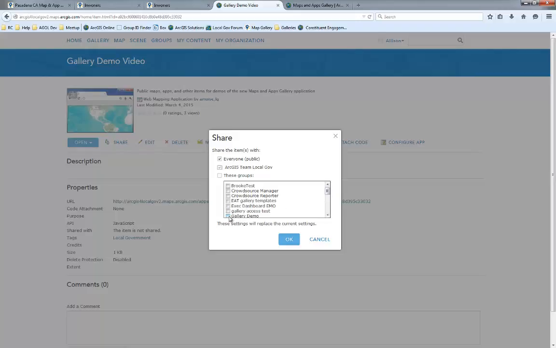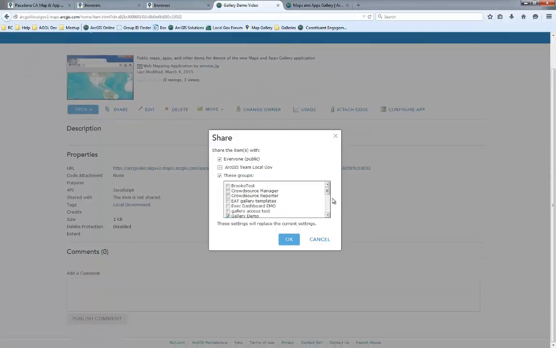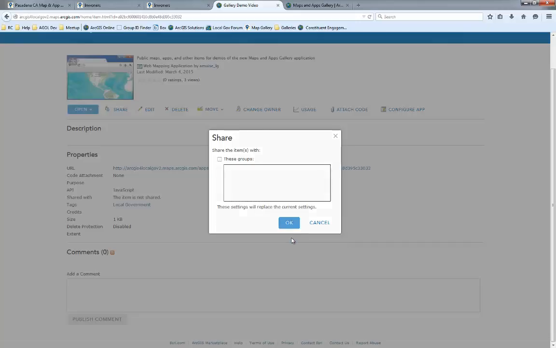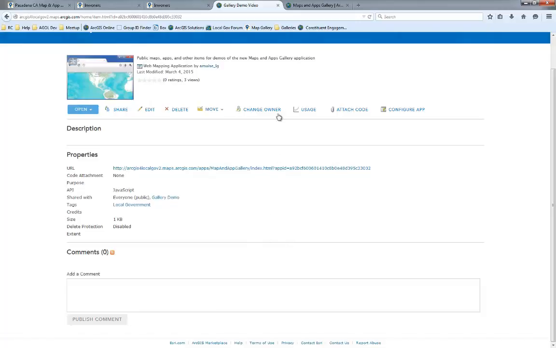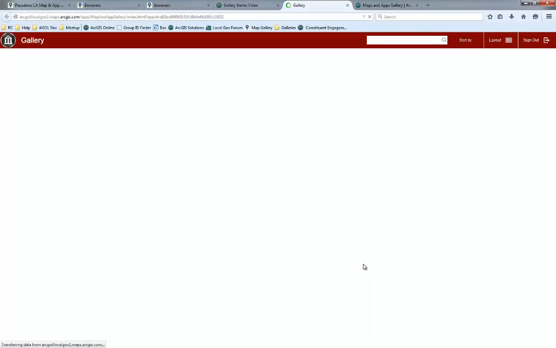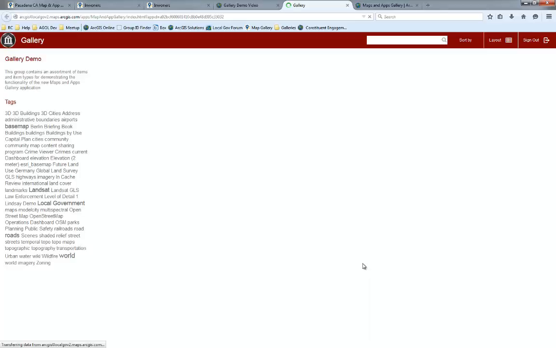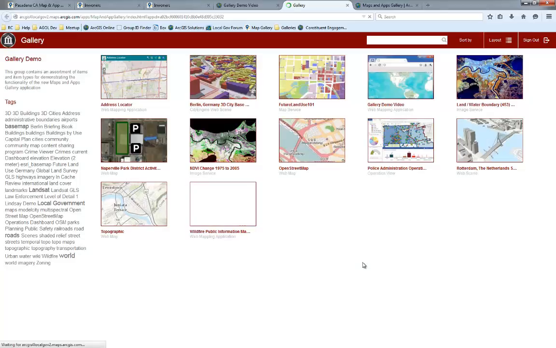So I used the gallery demo group to create this application. So I'm going to share my application with that group just for a minute here, bear with me, just to show you what I mean by that, because this has caused some confusion in the past. And then I'm going to go back into my gallery. And you'll see that I now have my application shared inside of my application, and it's just not necessary,